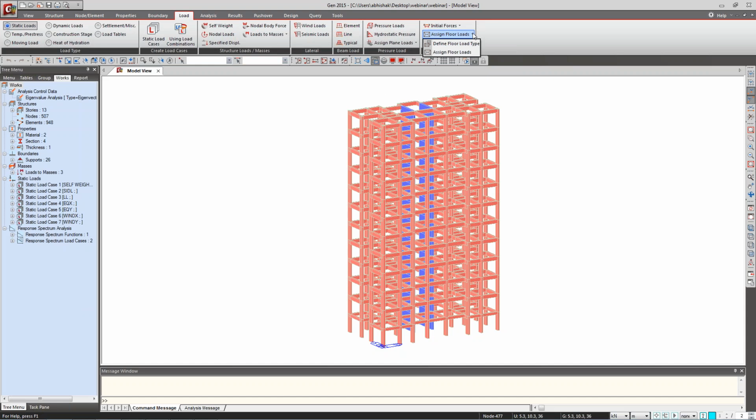Plate means you have to model the plate, and according to the finite element analysis, it transfers the load on the connecting beams, not on any beams, connecting beams. So you have to first mesh the slab and according to the meshing it transfers the load. And the next is the membrane analysis, that means